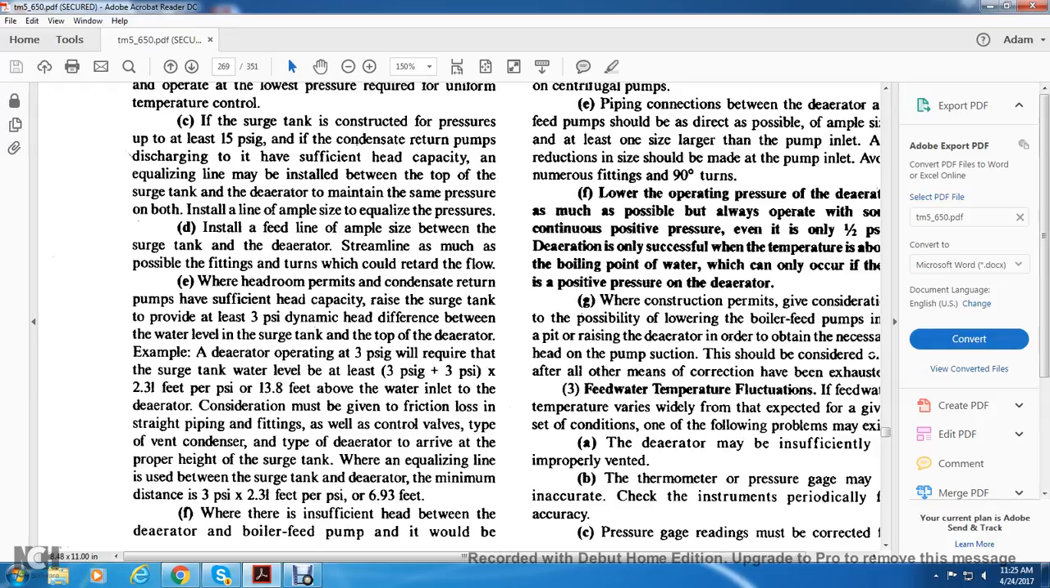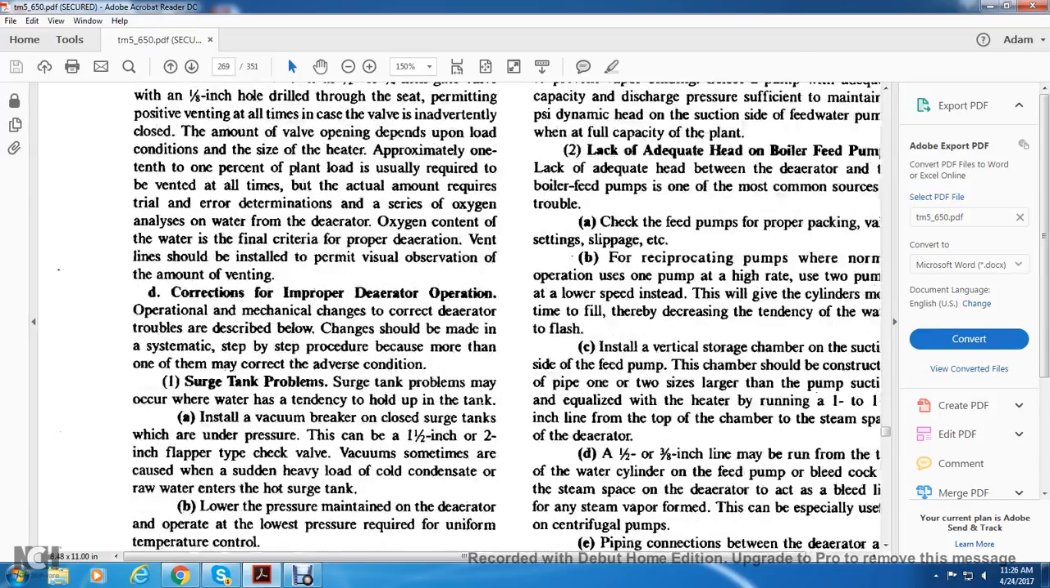Consideration must be given to friction along straight piping, the fittings, as well as the control valve and the type of vent condenser and deaerator, to arrive at the proper height of the surge tank when equalizing lines are usually made between the surge tank and deaerator. The minimum distance is 3 psi times 2.31 feet per psi, or 6.93 feet. With an insufficient head between the deaerator and boiler feed pump,